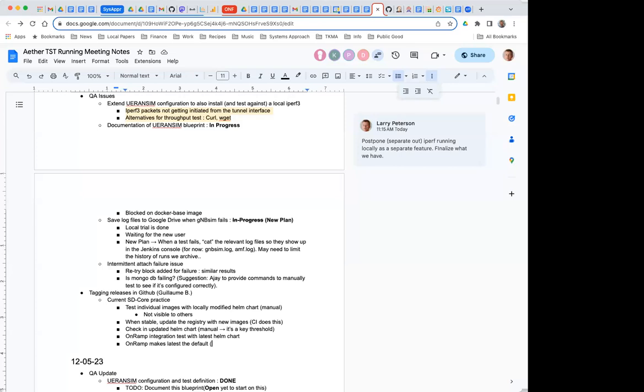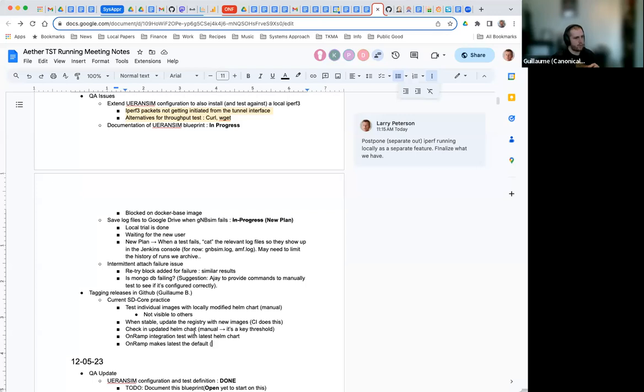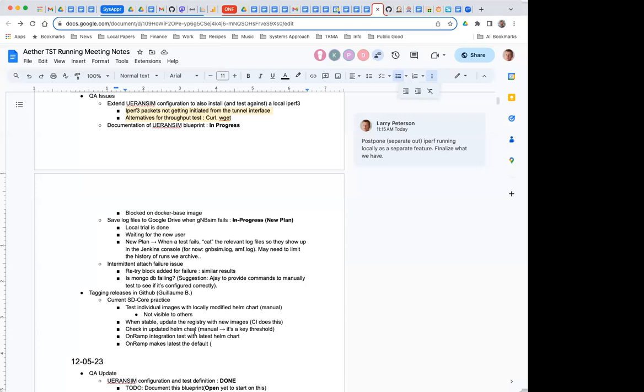Well, no. It's not every time. It's when you choose to. That's why that third major bullet is a threshold. You actually have to have changed a tag. I believe there is a tag file in the repo that, when it changes, is when it becomes official. This is not used currently. There's no tagging of recent versions in GitHub for SD core.